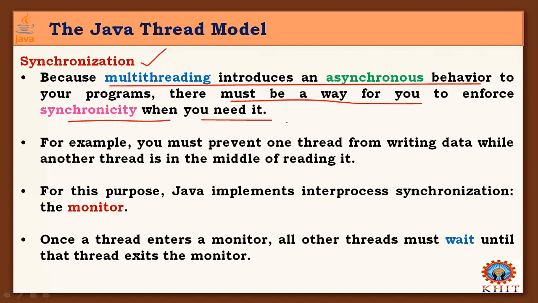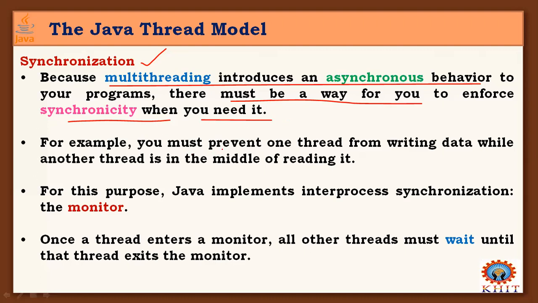The producer process always produces an item into the buffer. The consumer process always consumes items from the buffer. In this process, synchronization is very important. Without the producer producing any item into the buffer, how can the consumer consume an item from the buffer? So this is the dependency. These are two processes or threads executing in parallel, but depending on each other. That's why we need synchronization between these two.